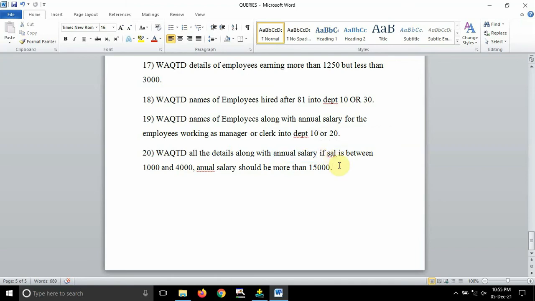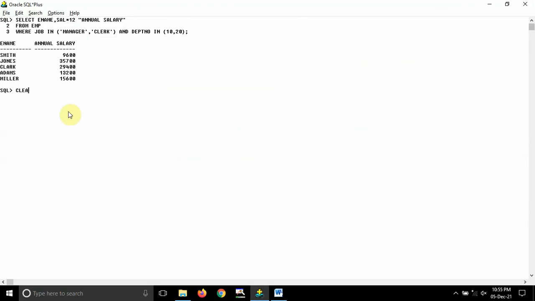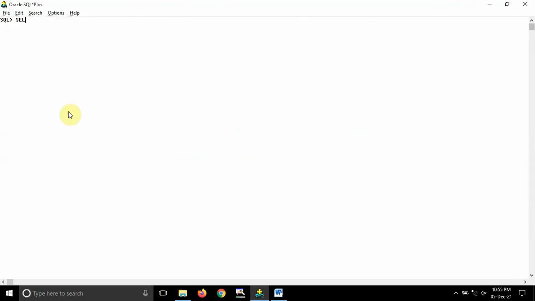Okay, so conditions we will see later guys. First let me clear the screen so that I can write select. So I have to write the table name first, emp dot, after that star. So this emp dot star basically says that it will be giving whole control of the table to the SQL. Okay, so here it will display all the details of the employee table. Along with that, I want to display annual salary, which is basically salary into 12, and in alias I will be writing it as annual salary.